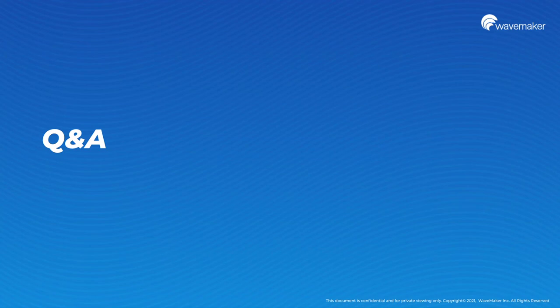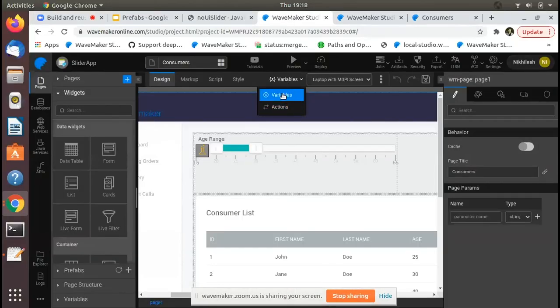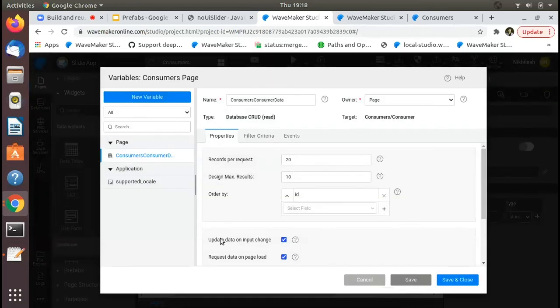I think the question is also how the data in the table got changed, Nikhilesh, as in when you updated the slider in the application at runtime. Maybe you can share your screen and quickly show how the data binding works. Sure. So how that works is we have something called update data on input change on our variables.